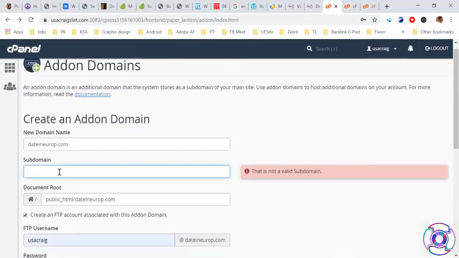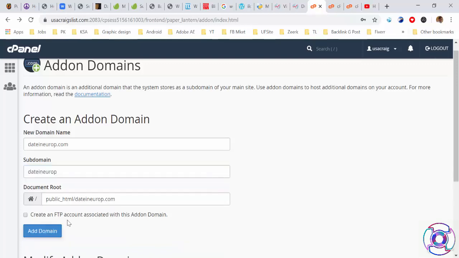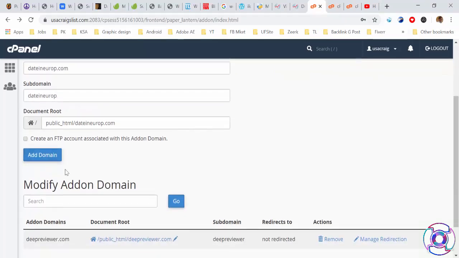I think there is an error. Let me check. So guys, I have to add here a new domain, then subdomain, then I'm going to add the domain. It is going to take some time.